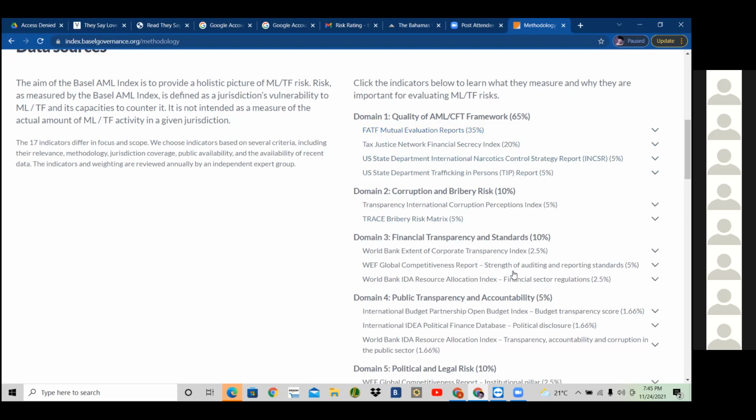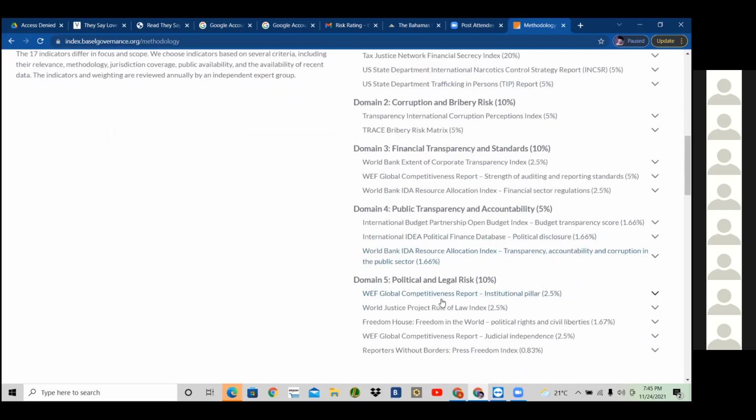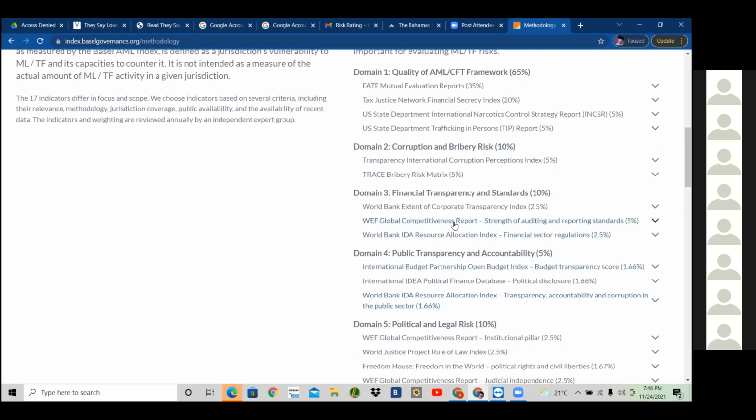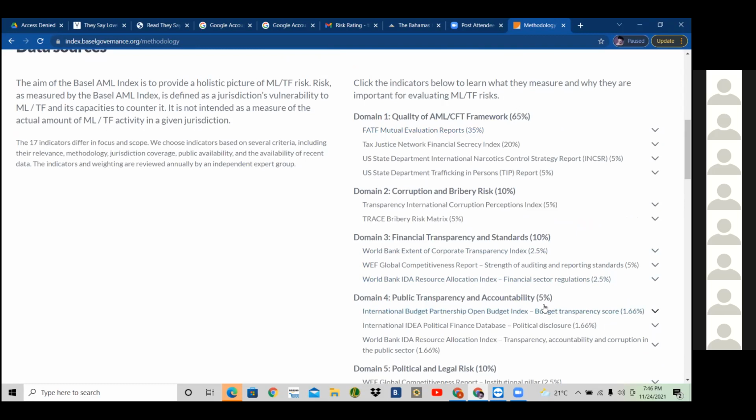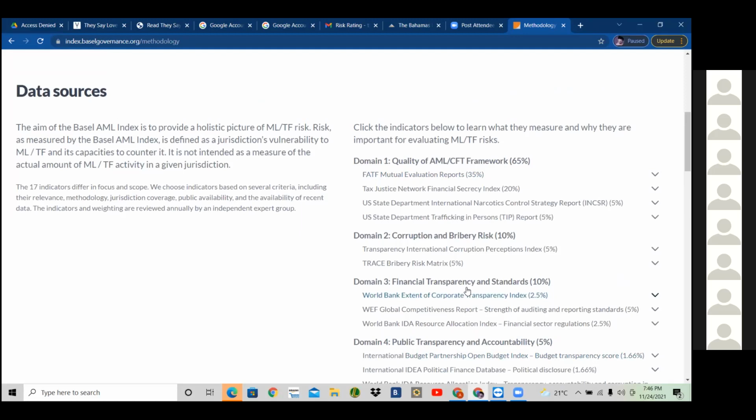So this is their methodology. This is how they risk rate us as a country. Political and legal risk, public transparency and accountability. And we said it a million times. Good thing it's only 1.66%, right? But we needed that, to make sure that we had zero in those areas, to ensure that they didn't feel we weren't transparent. The corruption perception index, we know our rating is about 65 or 66,